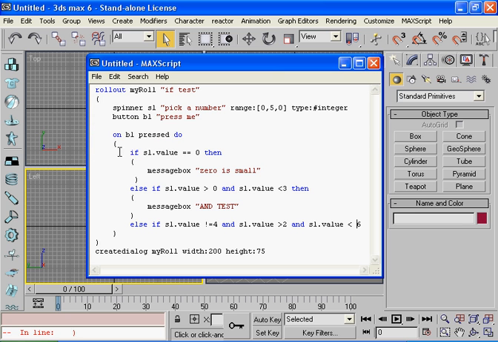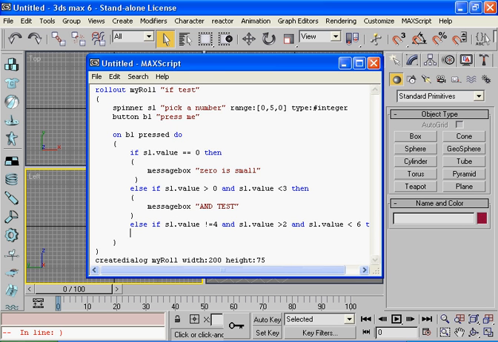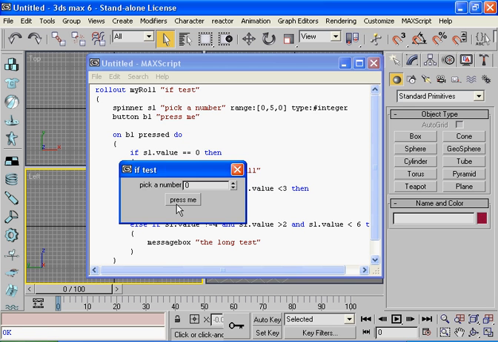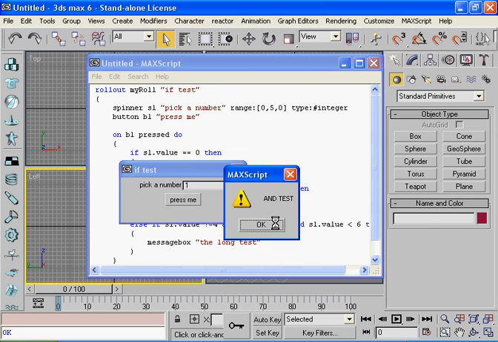Oh, what have I missed out? Oh, yeah, that's it. I've actually missed out quite a bit there. I actually need to go through and put all of the brackets in. So message box, the long test, file, evaluate all. So 0 will return 0 is small, 1 will return AND test, 2 will return AND test,